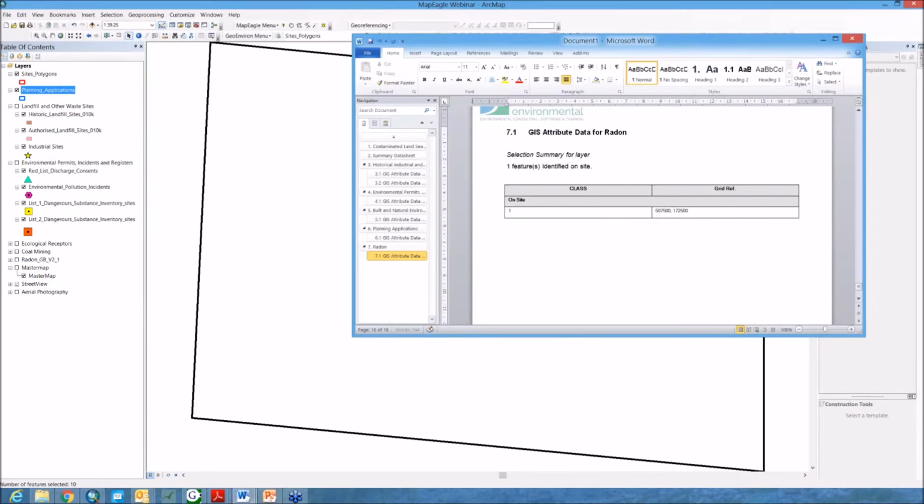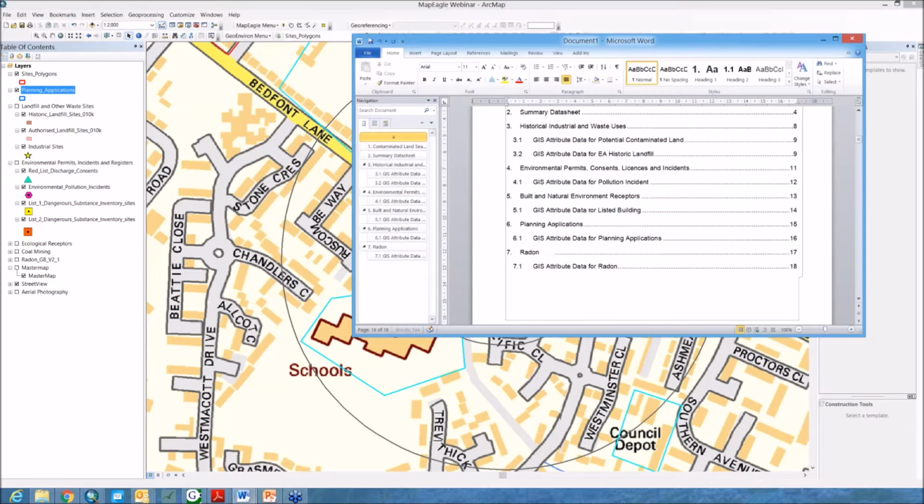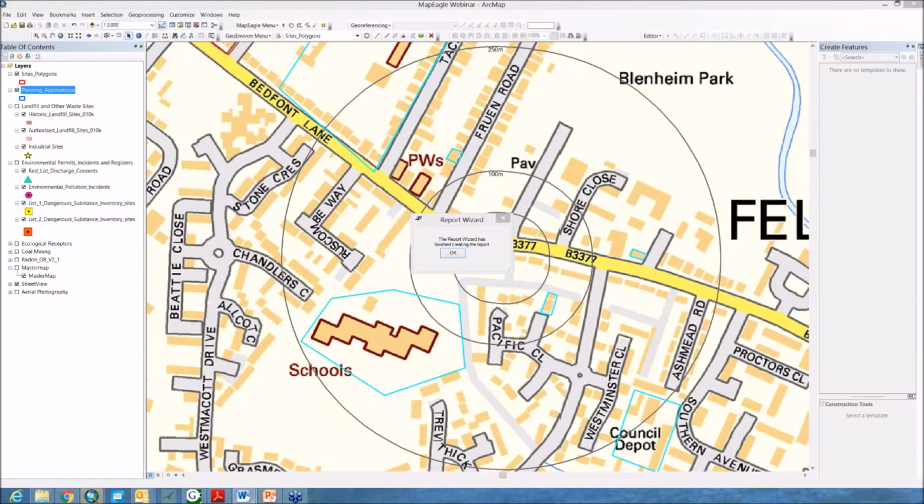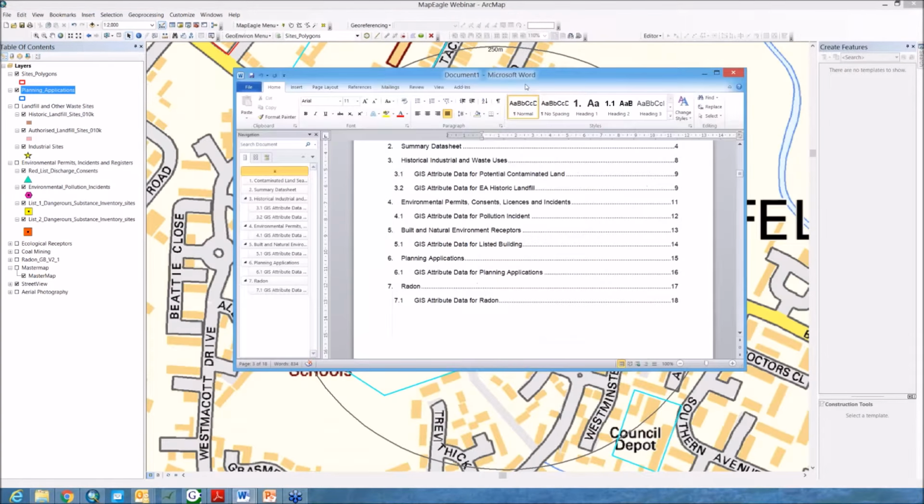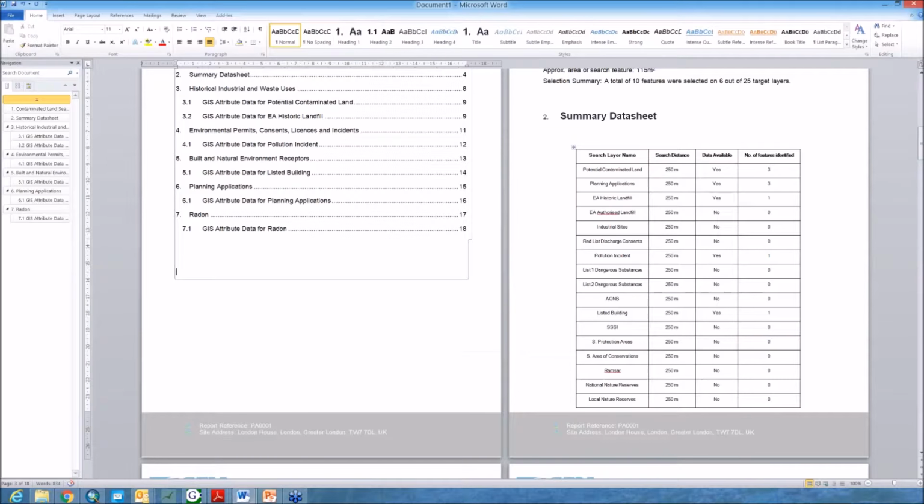Okay, so this is just finishing up now. I think planning applications is the last layer. Or radon is, sorry. Okay, so what we've got here, the report wizard has finished creating the report. What I'm going to do is hit OK, and just pull this document back over. And you can see within the Word document,